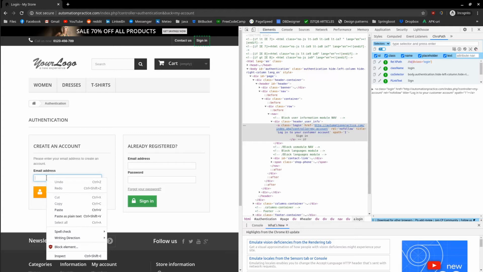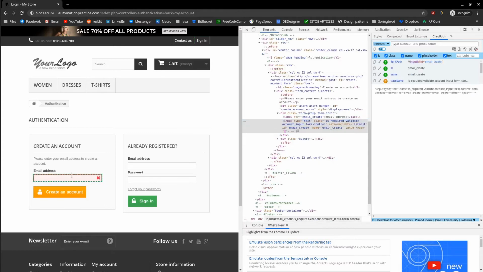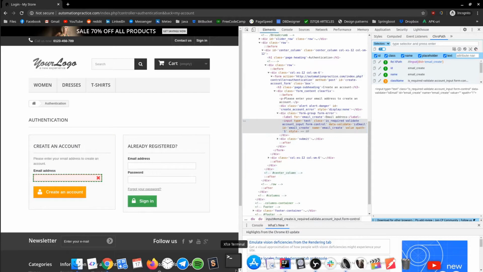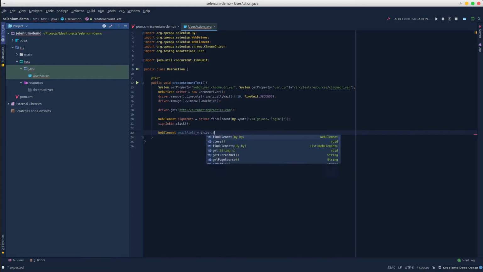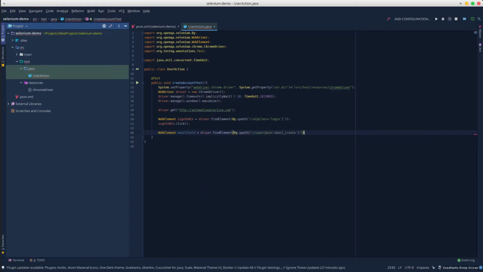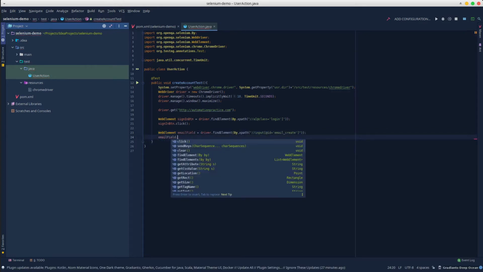We repeat the procedure, basically right click on it, then copy its XPath, insert a value,